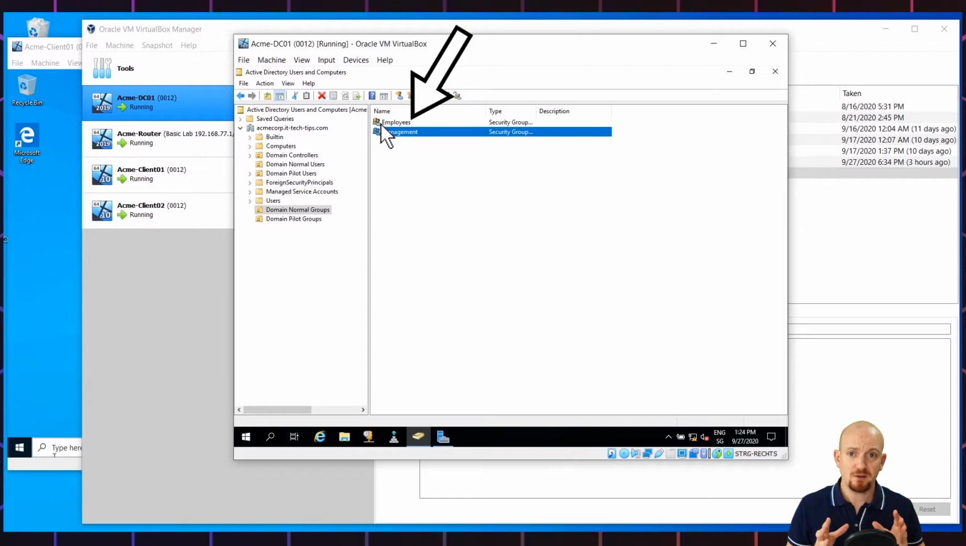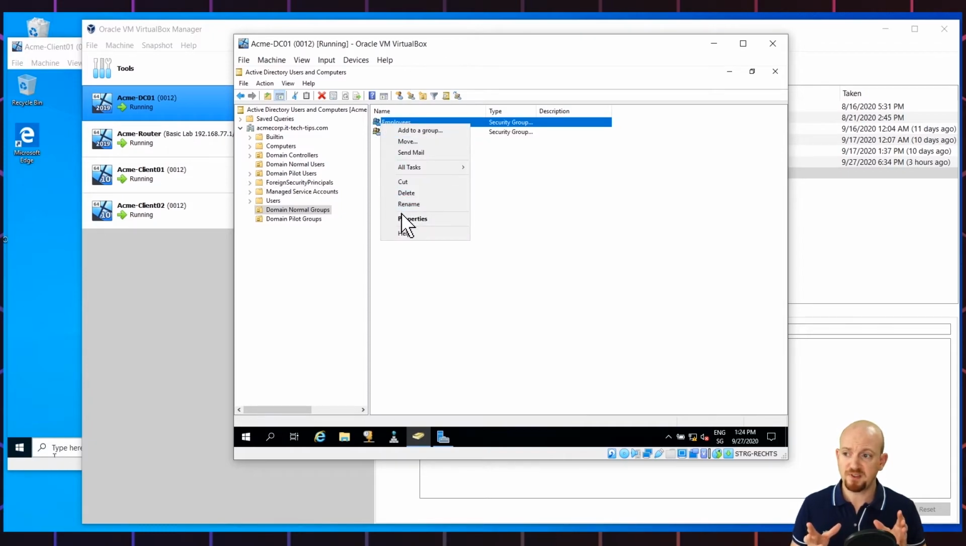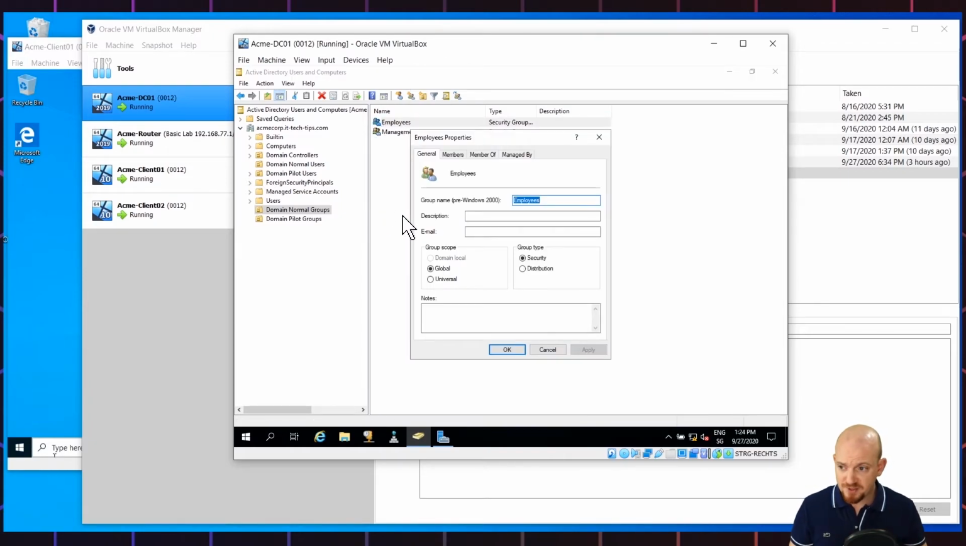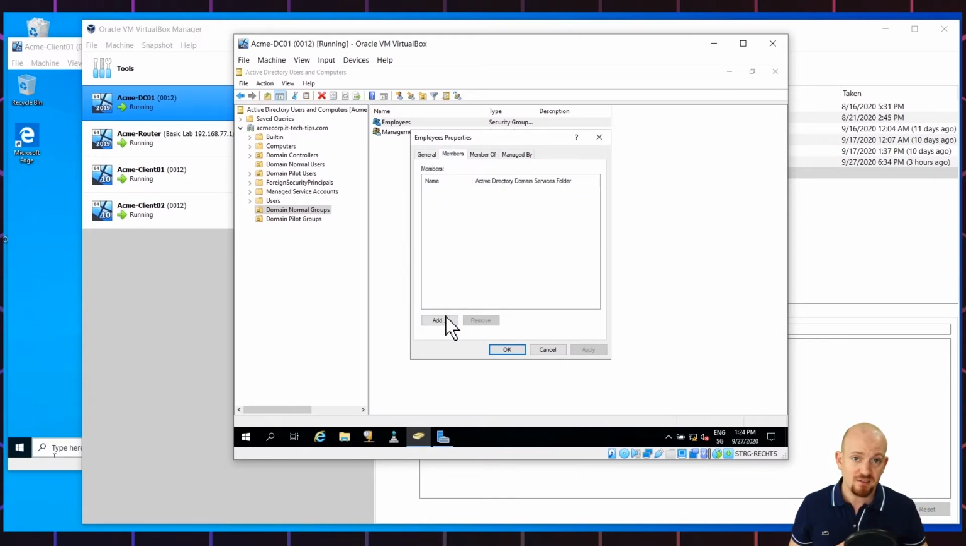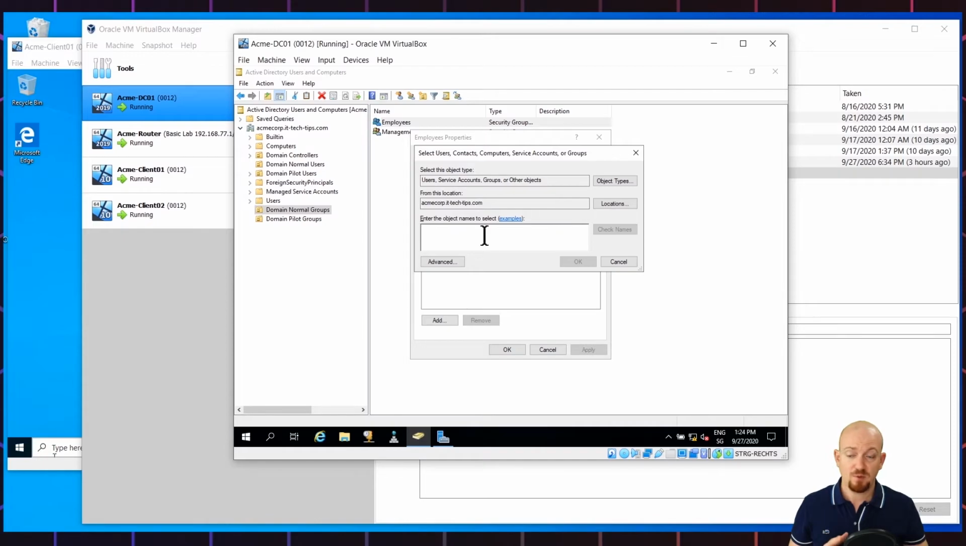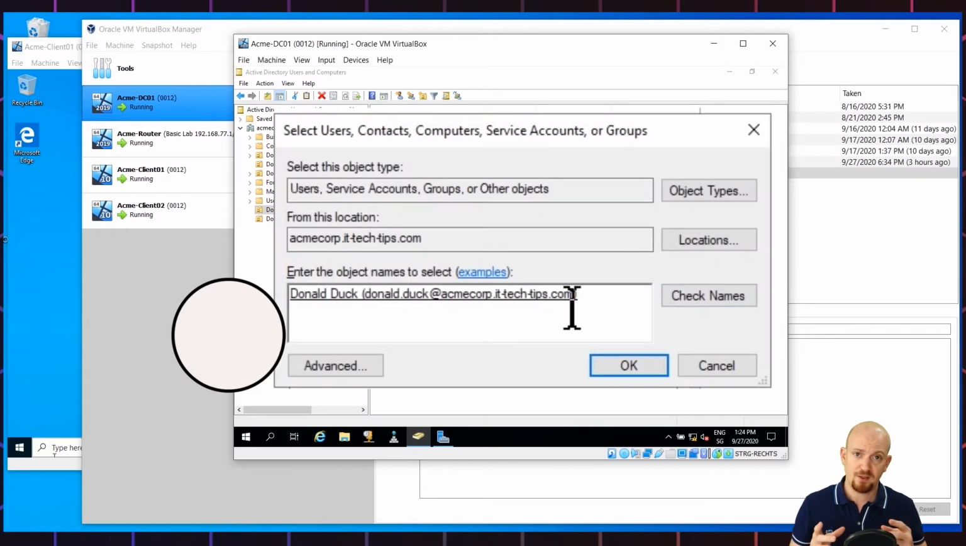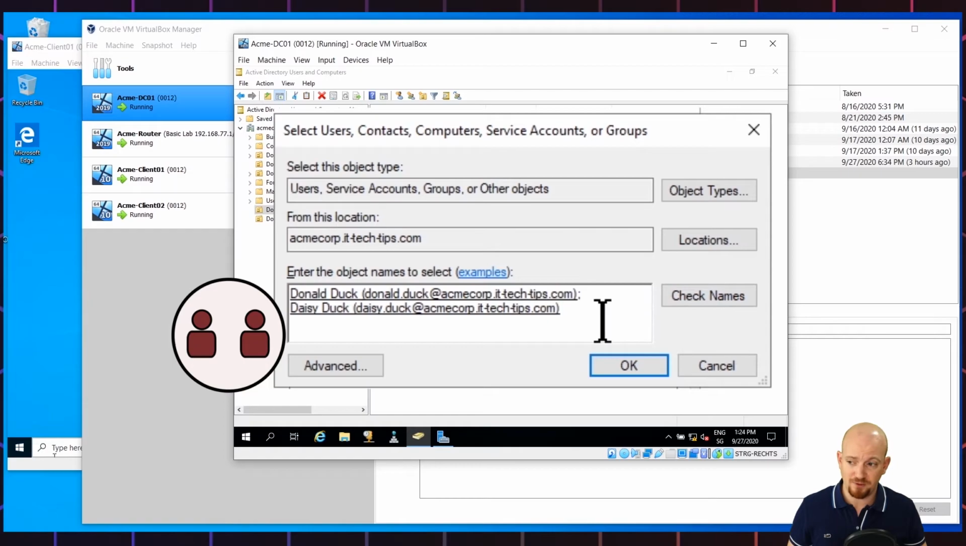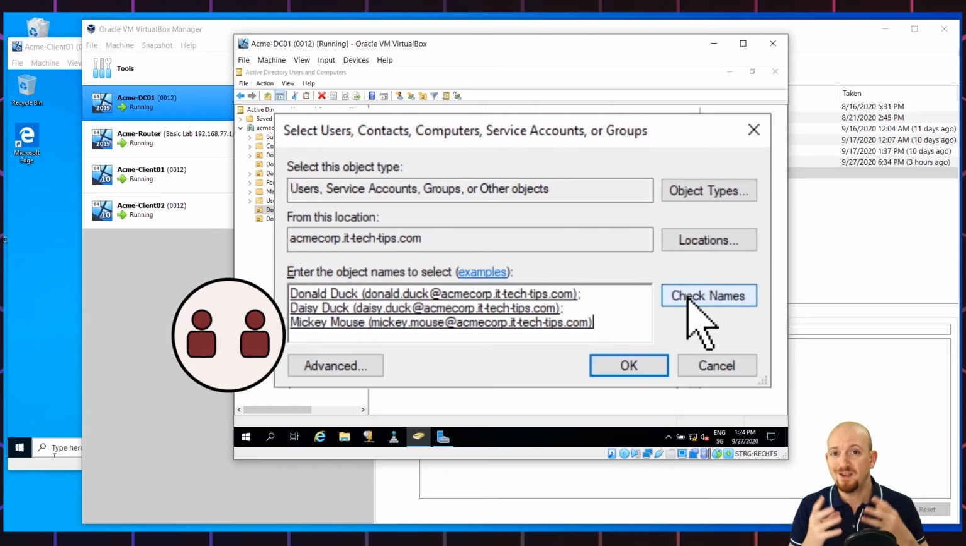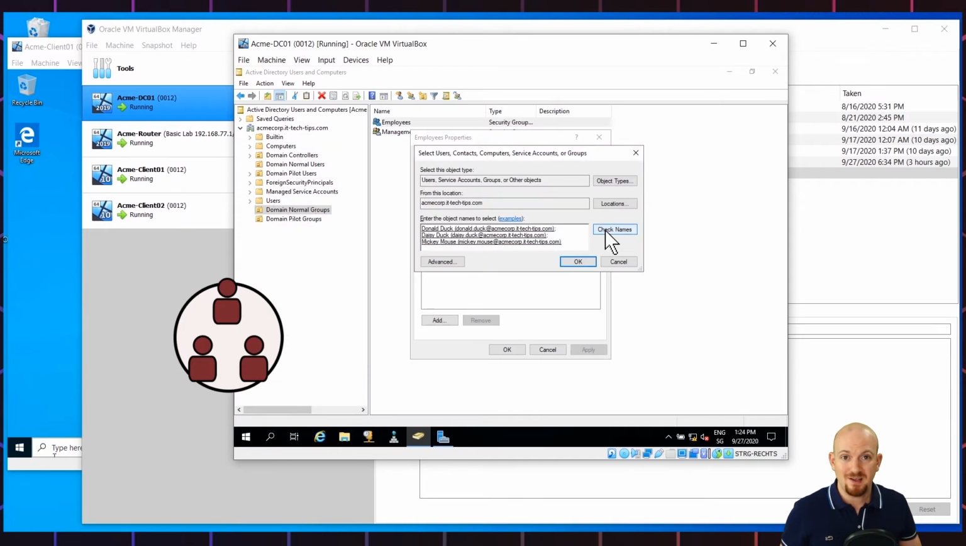If you right click on the employees group and choose properties, you can go to members and add the users we want in this security group. And we want Donald Duck in this group and Daisy Duck and Mickey Mouse. So these are the employees in our Acme Corp test corporation. Click OK